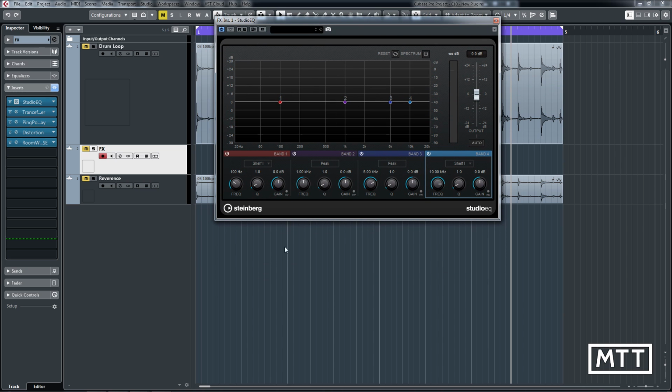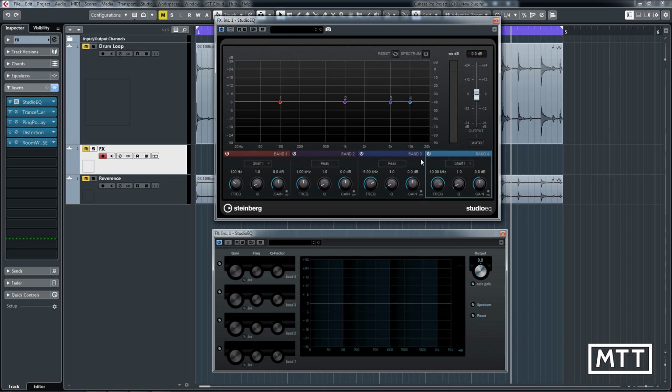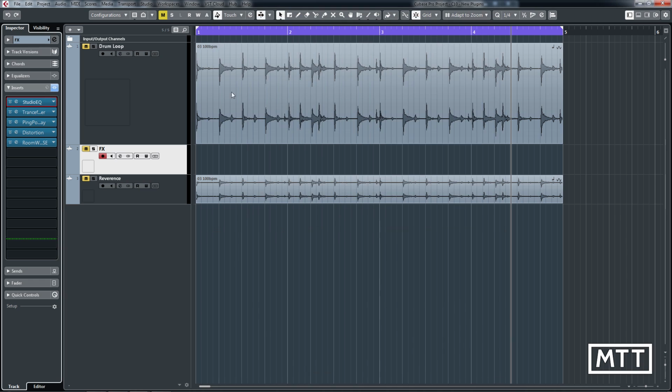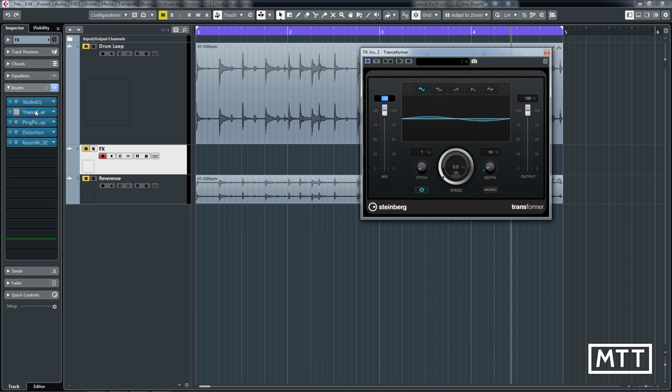I'm going to put that in there so you can see the difference between the two. But the old one was always a bit like, oh, I'm not going to show you what any of the controls do because I'm too busy looking cool. And this is much more like a pro piece of equipment that you would use in the real world. We've got things such as all those plugins which have been around, I think, since